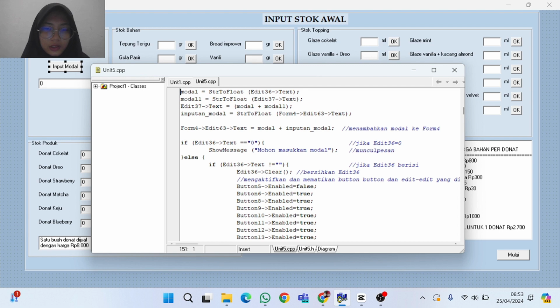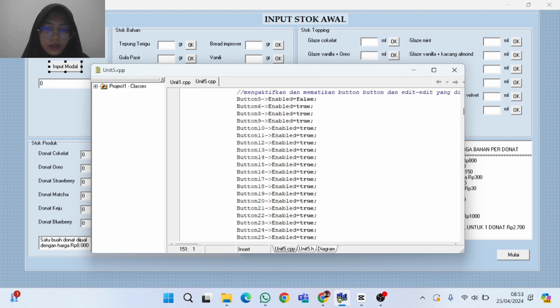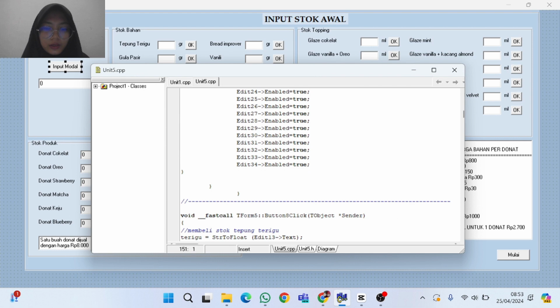If edit 36 has been filled in, edit 36 will be cleared, then it will activate the edit and buttons in the stock ingredient and toppings.